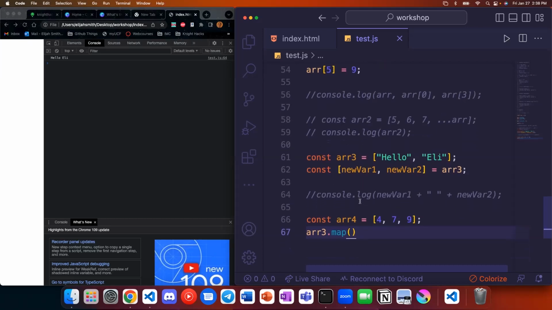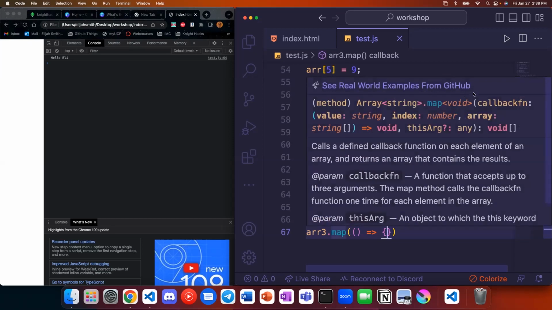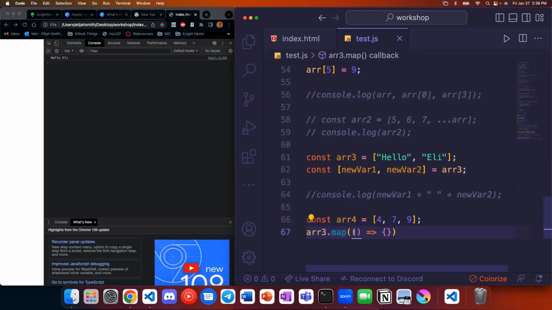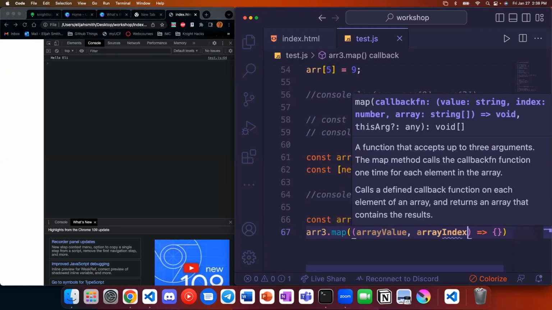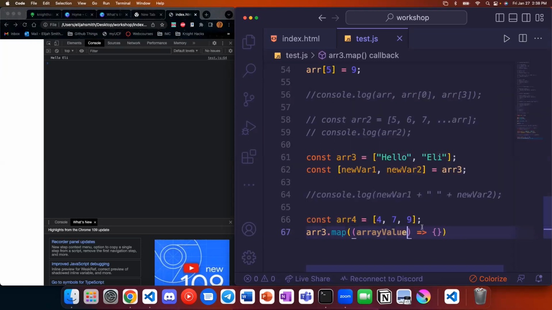So what we do in here is we specify a function that we want to run on every single index. We're going to do this with arrow syntax here, just to make it easy rather than declaring it somewhere else, but you certainly could. And this really complicated signature here says that in our function, which they call a callback function, which means when this thing happens, I'm going to execute it, we can pass in the value of the current part of the array. So array value, we could also get the array index if we want to. We're not going to use that here.